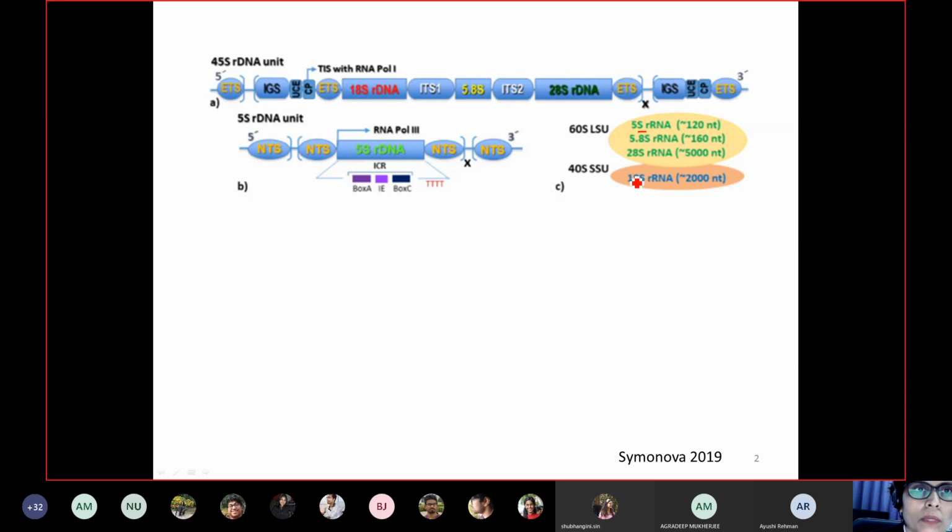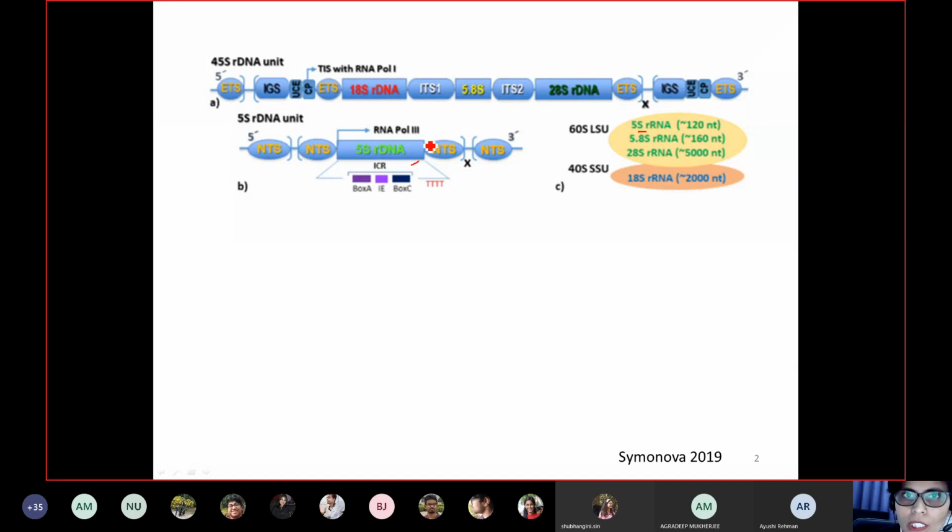So this is one pre-ribosomal RNA, and the whole gene content is here. For example, 18S, 5.8S and 28S are formed from this pre-transcript. So basically, there are two different polymerases which are forming these two separate rRNAs. What we were talking about in our last lecture was 5S DNA.